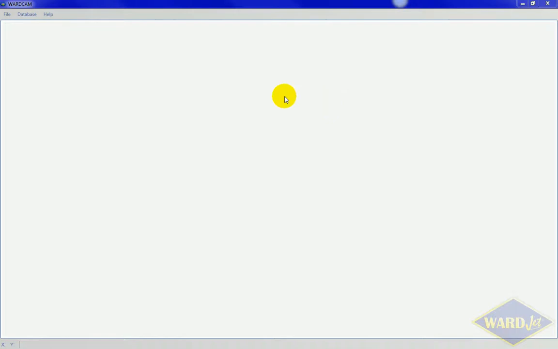This video will walk you through the first screen of WARDCAM. So WARDCAM was designed to be a DXF to CNC converter. So there's no CAD capabilities, there's no nesting capabilities. You can do fixed 5-axis bevel cutting, but essentially it's just a very simple package, minimal number of icons to